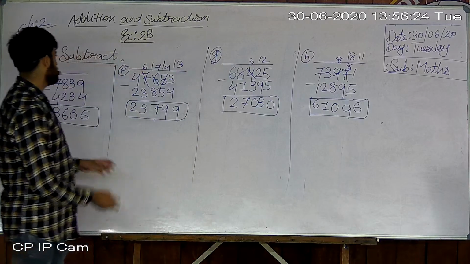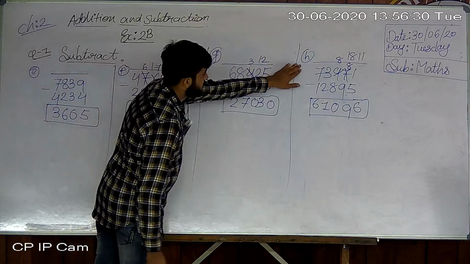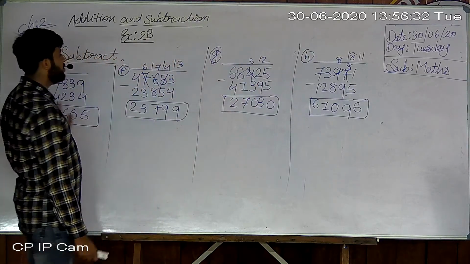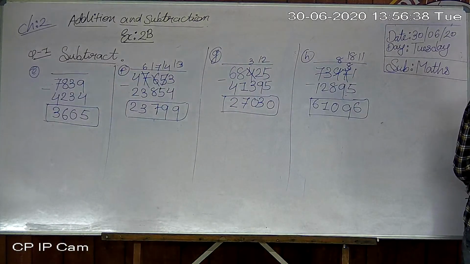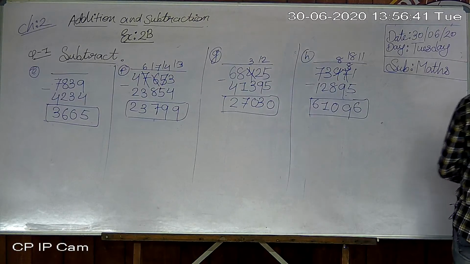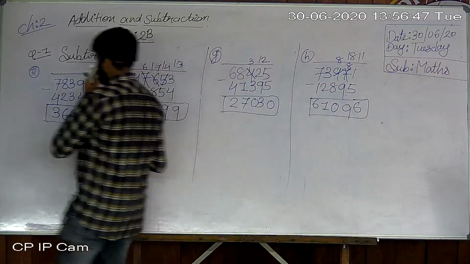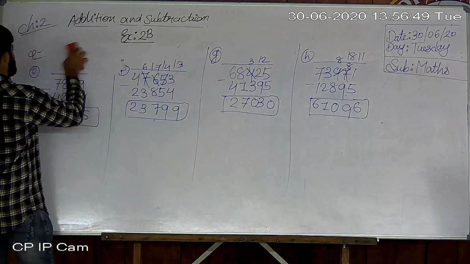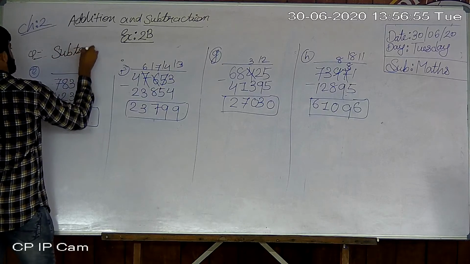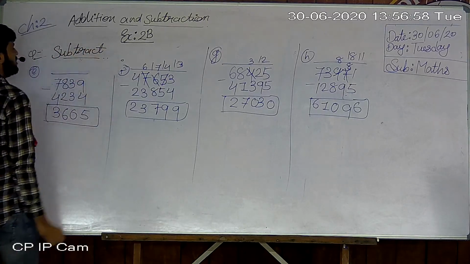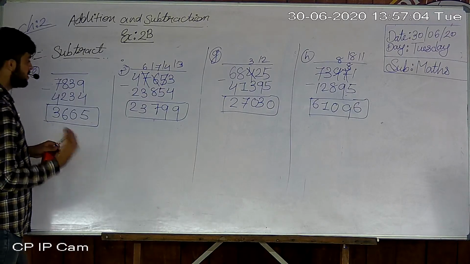Here done your question number 1, Subtract. Okay. Till question number H, you have to write in your fair book. So now question number B is what, all students? Question number 2 is what here? Subtract. The same question but with some different things. We learn new things in question number 2.